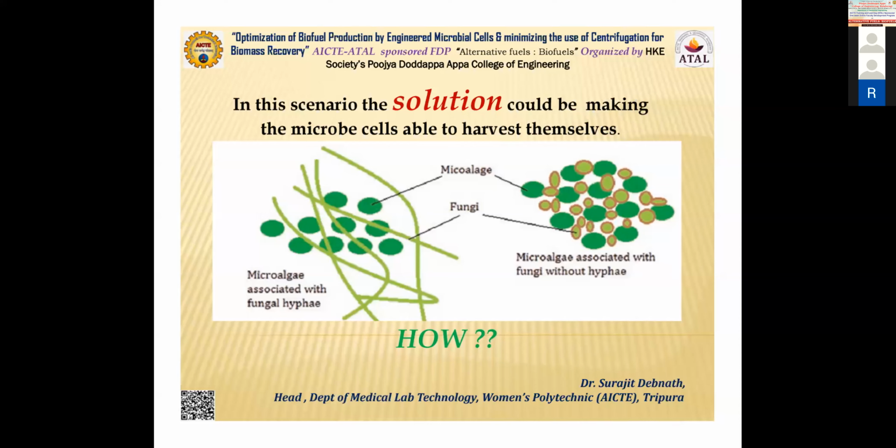The problem is that the microalgae do not coagulate, they remain suspended in the water, and the water becomes completely green in color. So in order to reduce this, you can use microalgae together with fungi. The fungus will produce hyphae, and therefore can filter it out. Otherwise it can also